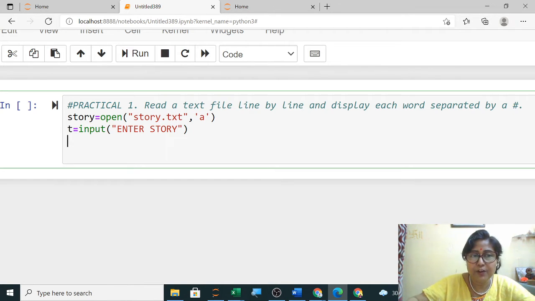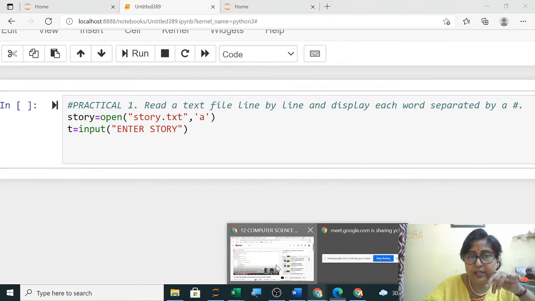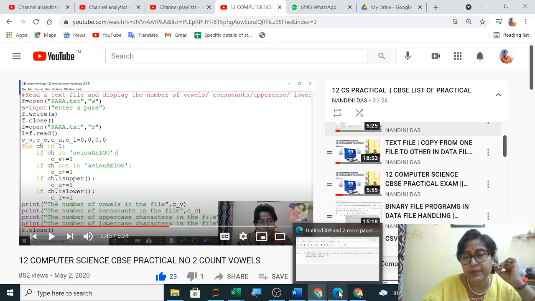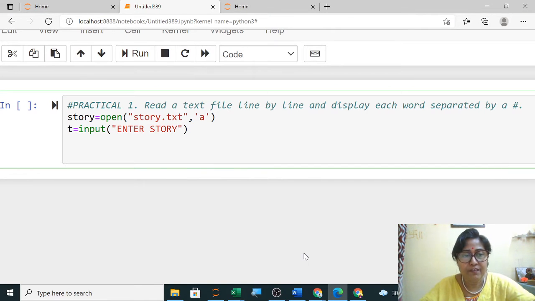So you have taken it from the user. After taking it from the user, you have to write it in the file. These videos I have already shared with you. See, here f, you are opening the file, then taking input, writing in the file, closing. Only these 4 lines you have to write. So the previous videos have already been shared.